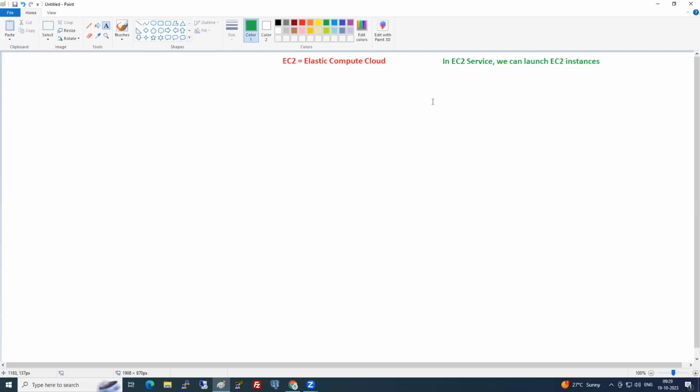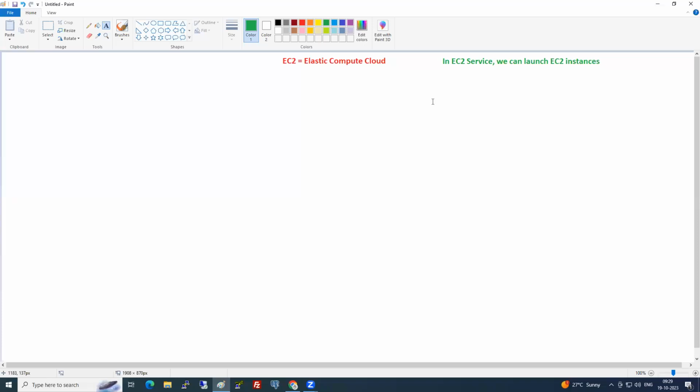Let's say, for example, you have launched an EC2 instance in Mumbai. That EC2 instance will be available in which region? Mumbai only. Will that EC2 instance be available in all the regions at the same time? I am available here only in front of you. Am I available everywhere physically? No. So here also, when you launch an EC2 instance in a particular region, that EC2 instance will be in that region only.